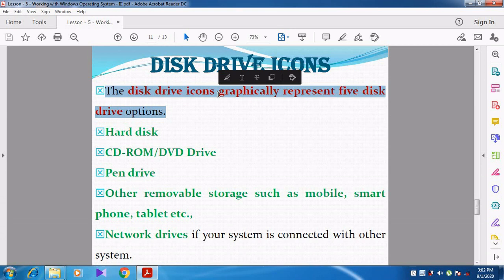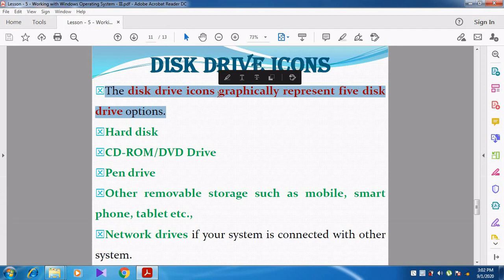For example, whenever we open My Computer, you can see local disk C, local disk D, local disk E, like that. If you have a CD drive, it will be shown as local disk F or G or H. Whenever we connect a pen drive, the pen drive is also shown there as USB storage.